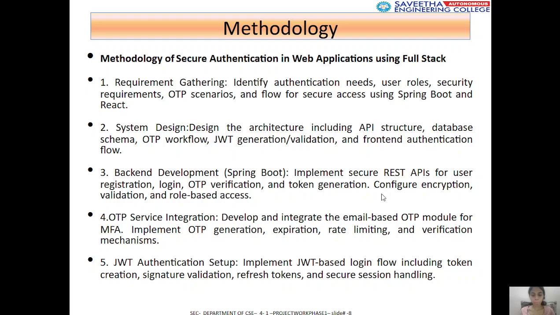So the key components will be the header and the payload. The header contains metadata about the token, such as the algorithm used for signing. The payload contains the claims, which are statements about the user, like username, user ID, roles, and expiry time. Then the front-end development. For the front end, we are using